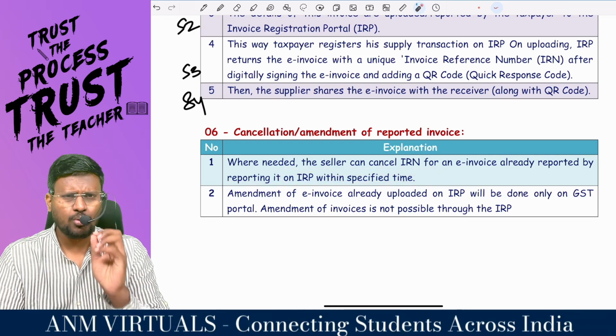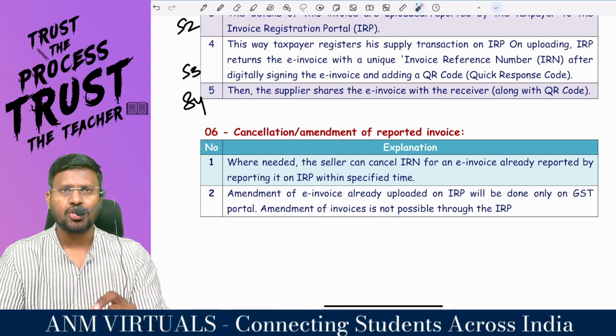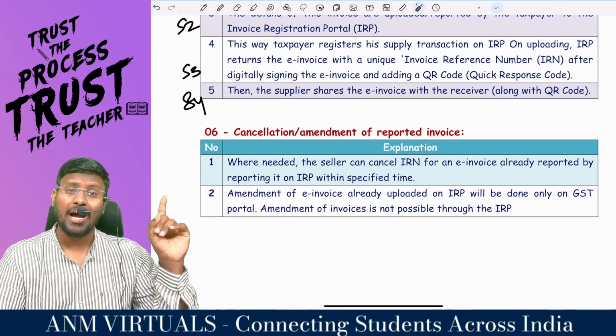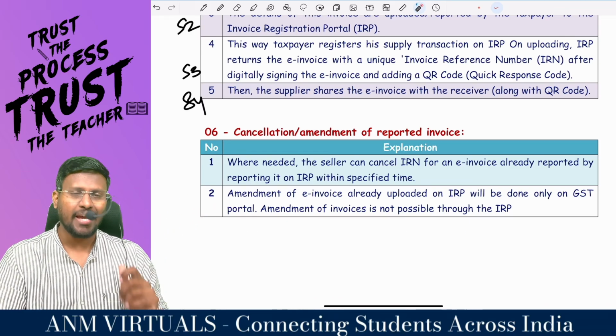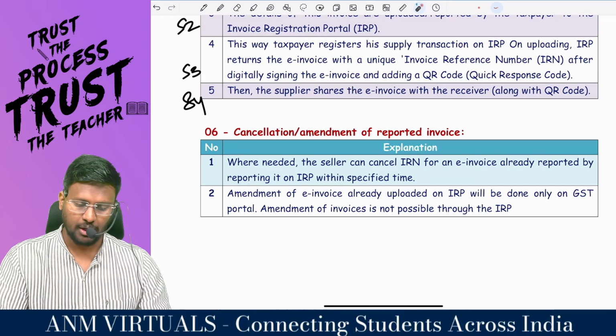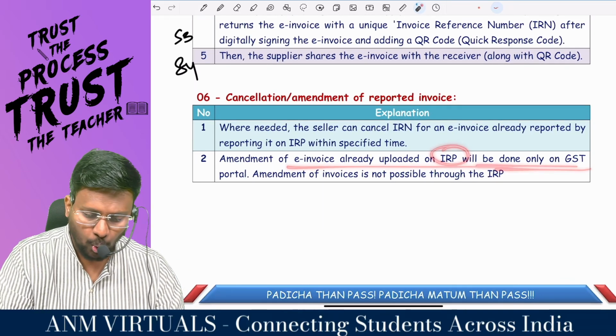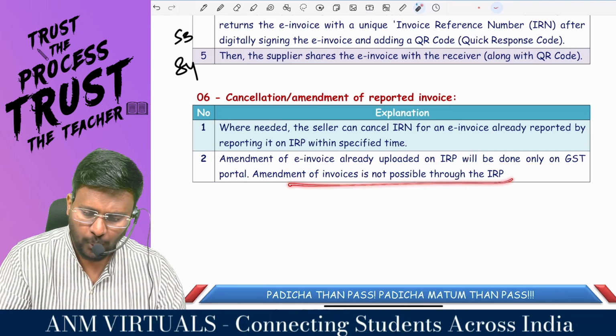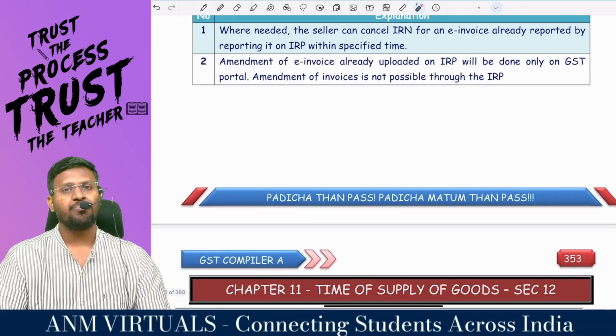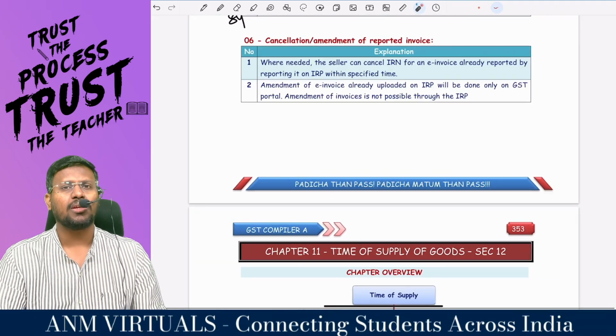For example, sir, 24 hours. Sir, like that we will say in the notification. Within that time, after reporting to the registration portal, IRP, you can cancel that invoice. We don't have any problem. Amendment of invoice already uploaded on IRP will be done only on what portal? Amendment of invoice is not possible through IRP. Sir, but you can amend it by using the